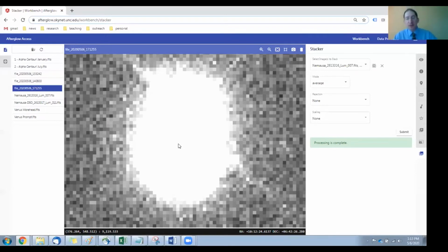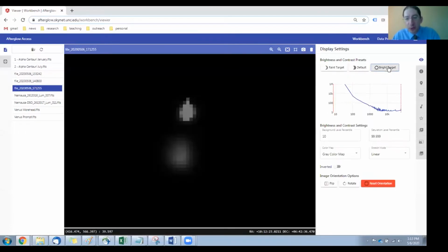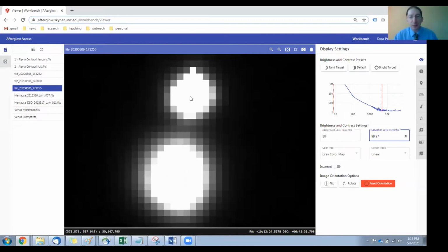Now, to measure the angular shift, we're going to have to separate this into two different points of light. So let's go up to the Display tab, and we're going to change the brightness and contrast settings. Maybe we'll try Bright Target and adjust it a little bit here so we can see them really well. Okay, so this is the same object imaged simultaneously, just from two different locations, and they've been averaged together into the stacked image. So we want to measure the distance between the center in the one image and the center